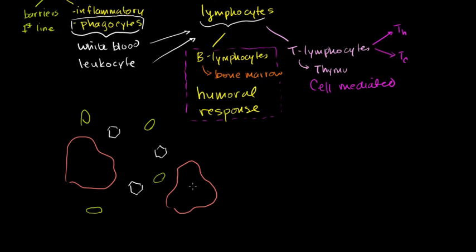Now, if all of a sudden these guys have infiltrated cells, so if the cells are now infected with the virus and the virus is using the mechanisms of the cell to produce more, then all of a sudden we have to be a little bit more sophisticated in how we deal with these cells and how we deal with the viruses, because they're not just going to be floating around anymore. We probably want to just kill this cell, even though it was one of our own, but now it's helping to make viruses, or maybe it's been colonized by bacteria. So in either case, you want to kill this, and we'll talk more about that in the cell-mediated response.